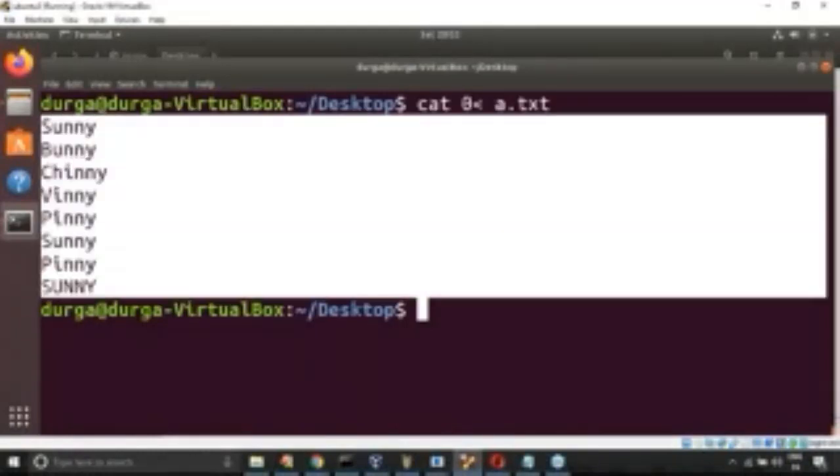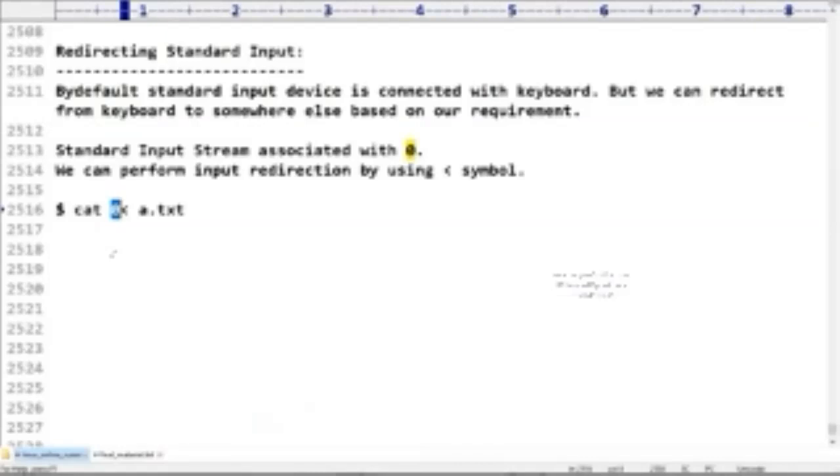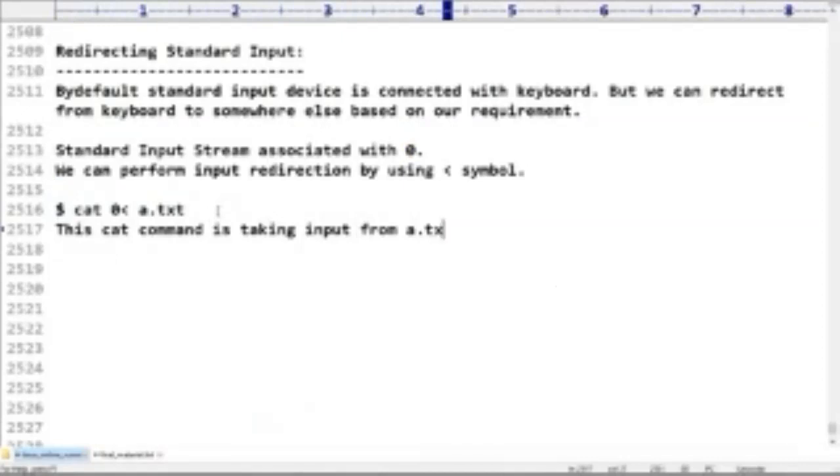Sir, clear? Are you in the position to understand? Any explanation required up to this? Of course, there are some more extra things I will cover. Are you in the position to understand the syntax or not? So this cat command is taking input from a.txt instead of keyboard.